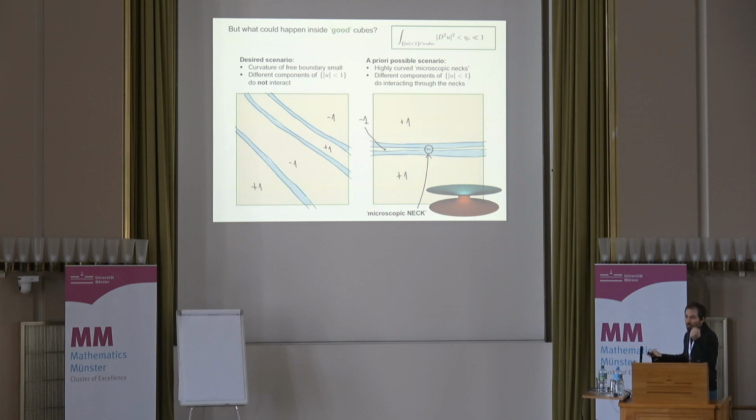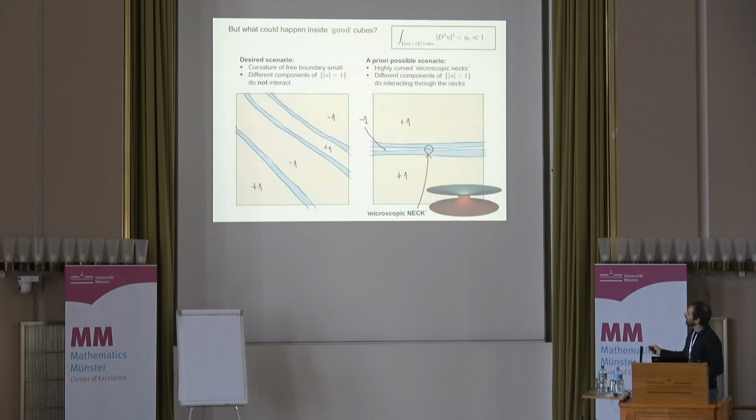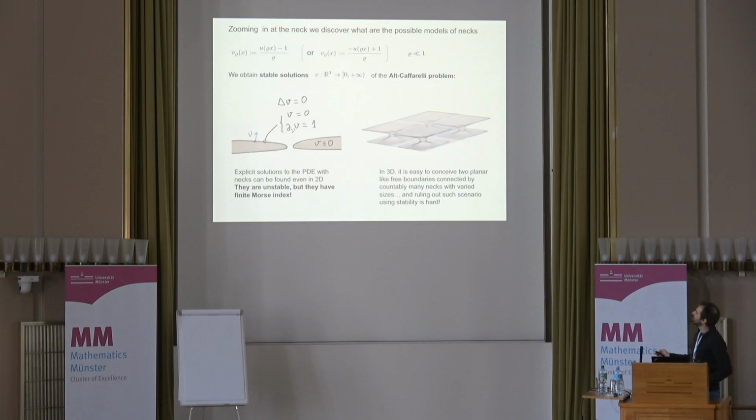So it's worse than a minimal surface, because a neck in a minimal surface also gives you a quantum of energy, a quantum of the second fundamental form. At least it's dimensionless. Here the energy is not dimensionless. This integral on the left-hand side, for a neck, has units of length to the power 1. So if I do a tiny neck, I don't see it at the level of energy. And that's why I need to zoom in and go to a completely different regime.